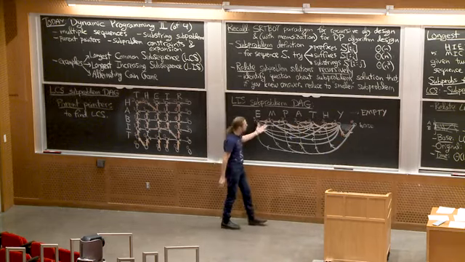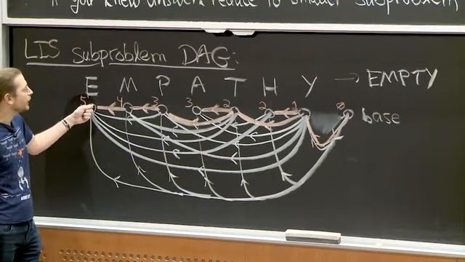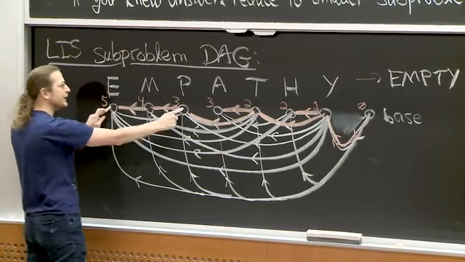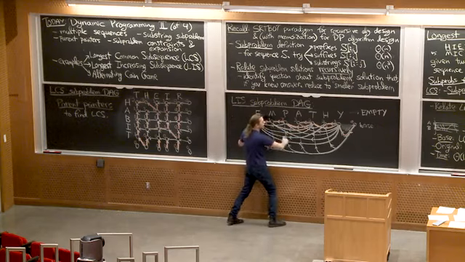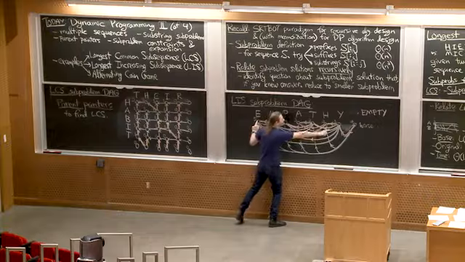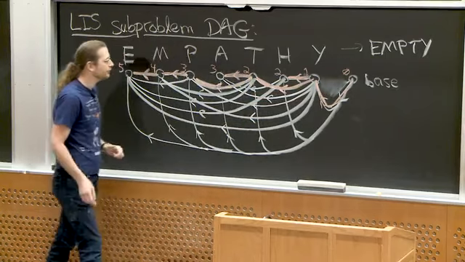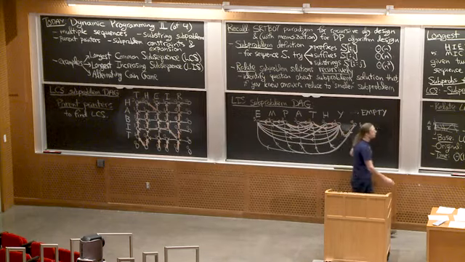It's almost the complete graph, but we only draw edges from smaller letters to bigger letters. So we draw from E to M, from E to P, from E not to A. There's no edge from E to A, from E to T, not from E to H, but yes from E to Y. And then we also draw from E to the base case, which is there's no more letters. That was that edge to the base case